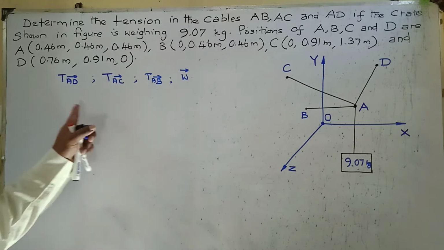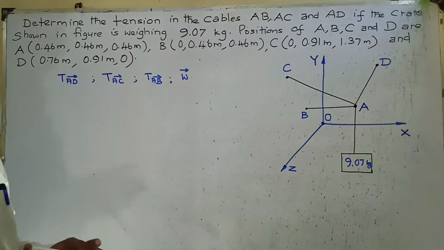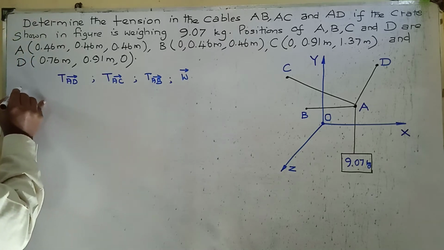So these are the four forces acting on the particle A. So one by one you have to find first. First TAD vector equal to